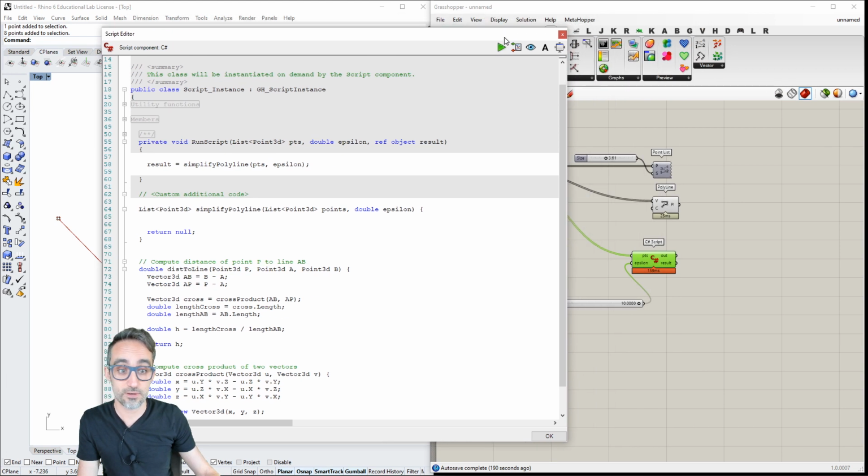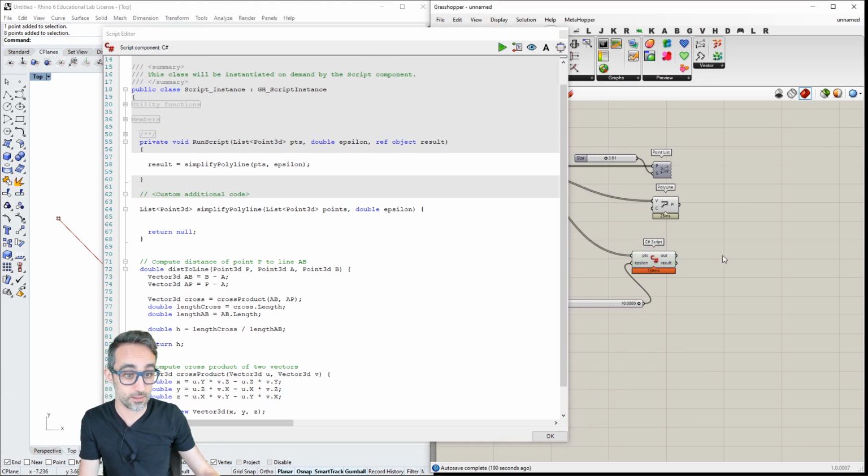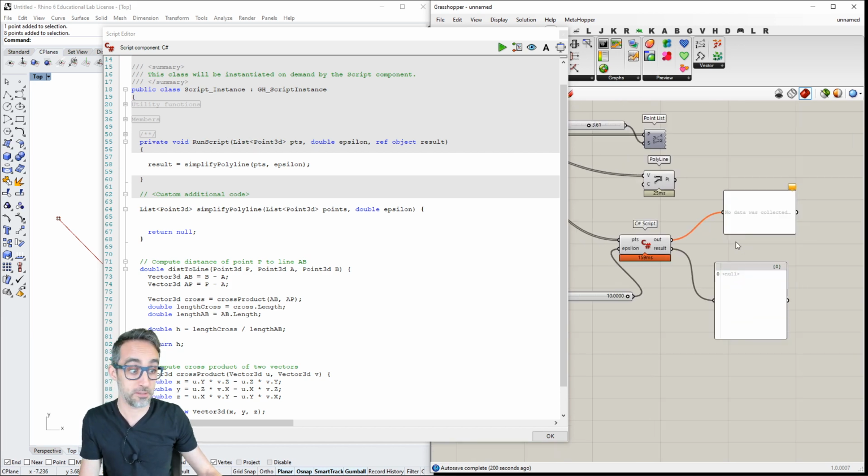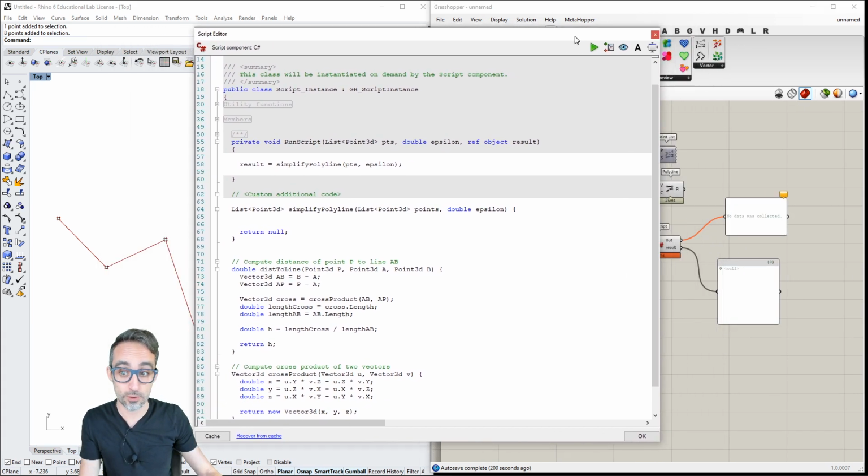Okay, so this function is now an empty function that does absolutely nothing, and you can see here that it gives me no data whatsoever, but it also doesn't give me any errors. Okay, so we are in a good position to start writing some code.